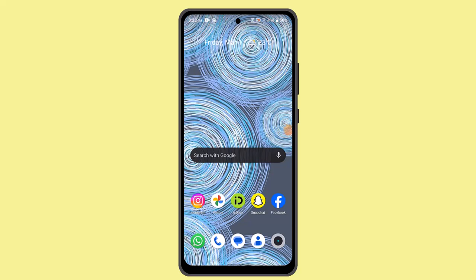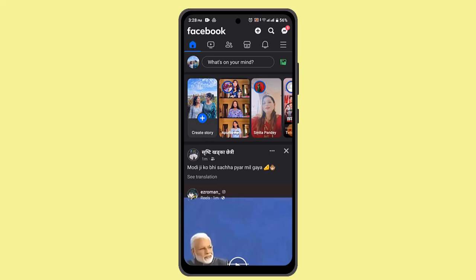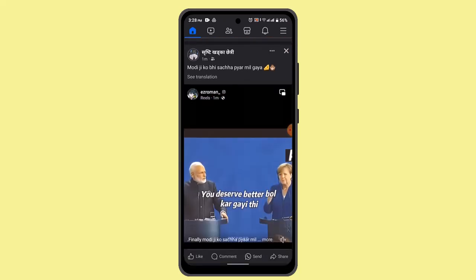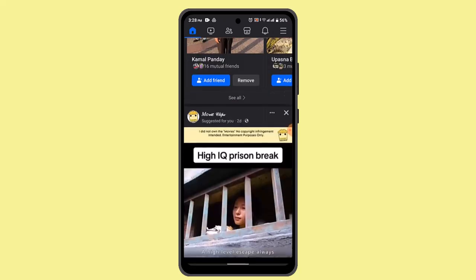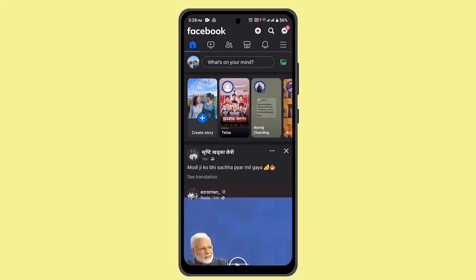Hey guys, welcome back. In this video, I'll be showing ways to recover your deleted photos or posts from Facebook. So basically, to recover your deleted photos or posts from Facebook, you have to make sure to watch this video till the end. So basically, all you have to do is log in and tap on the tab bar icon